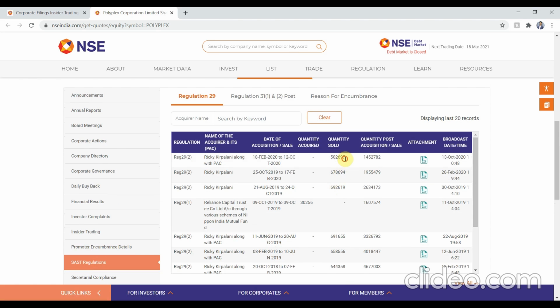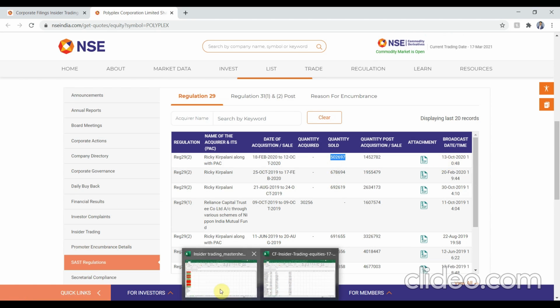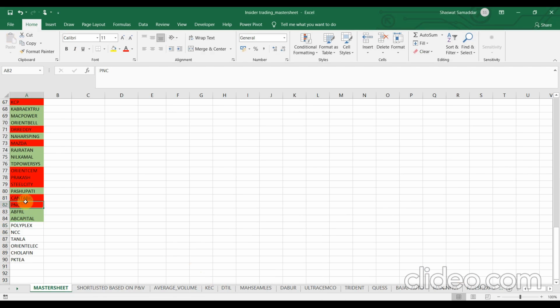SAS regulation. Okay, so there has been selling reported on 13th of October 2020. According to our rules, there should not have been any selling reported after 13th of September 2020. So it failed a key primary filter, so we have to mark it as red.